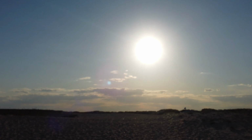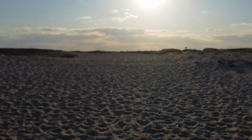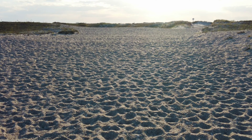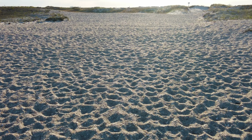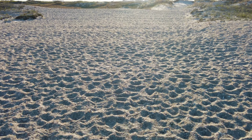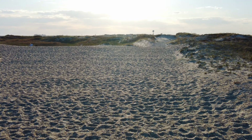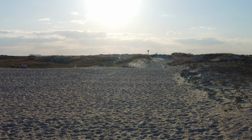And just heading across the dunes right here. This is the walk between the parking lot and the Jones Inlet area where a lot of people go fishing. So I'm just heading over there. We got some people in the distance over there